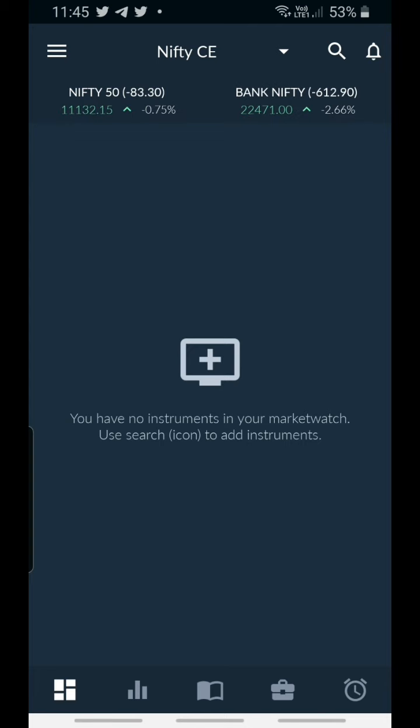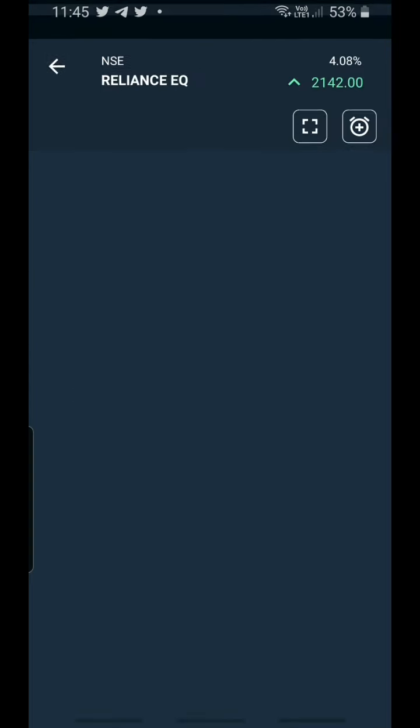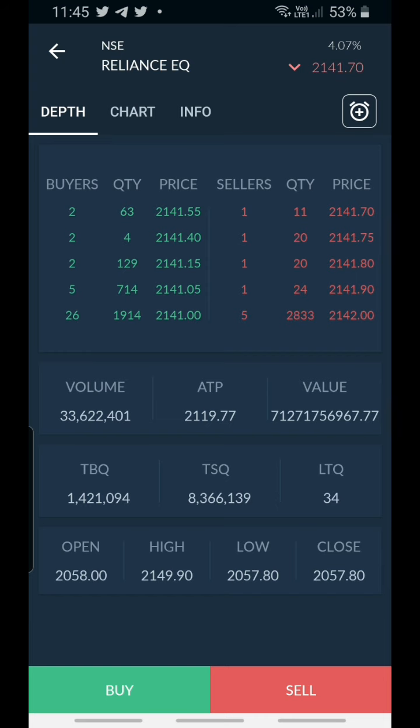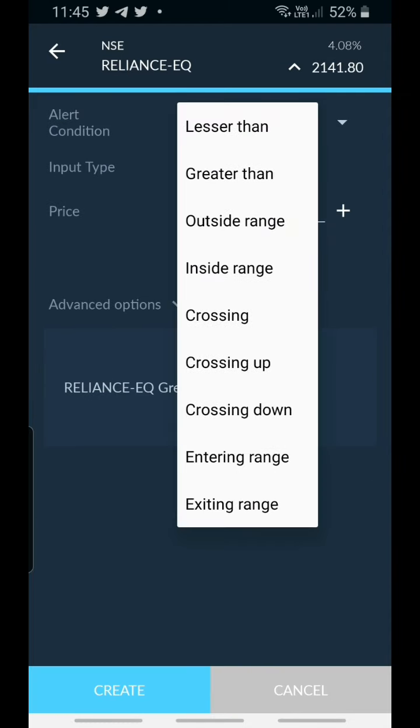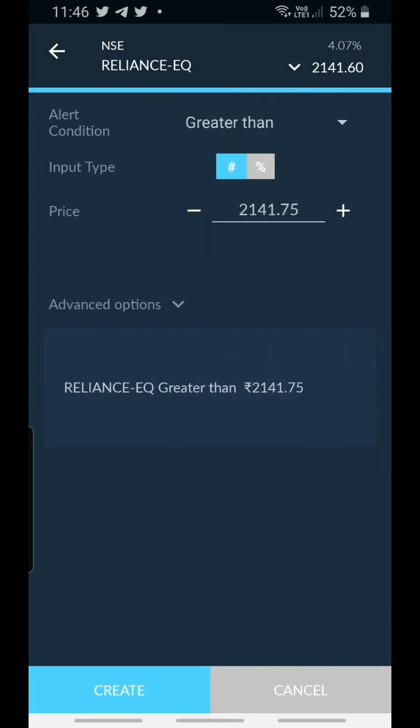Yes, you can click here and you can see the alert button, which is like an alarm. You can click here, and you can see different options for what type of alert you want to keep: if the price goes down, goes up, outside the range, inside the range, crossing, entering range, exiting range, all these things you can see.